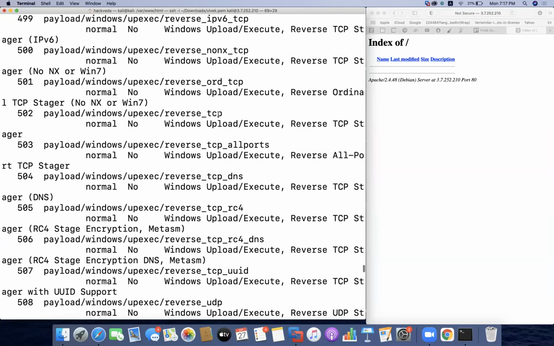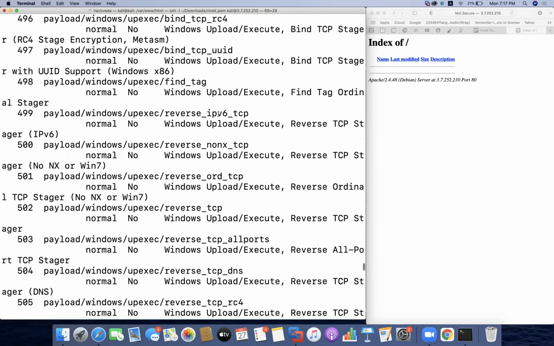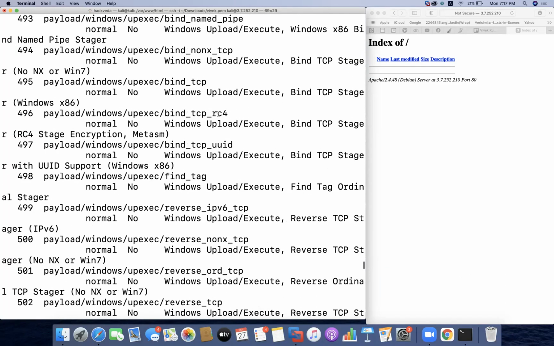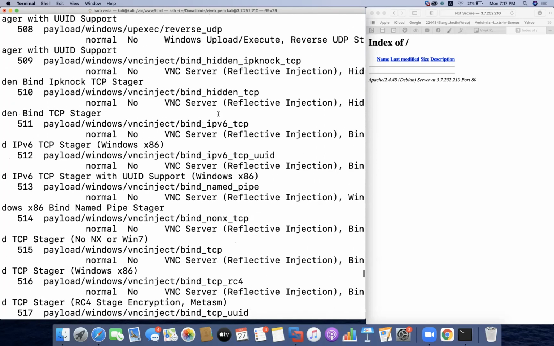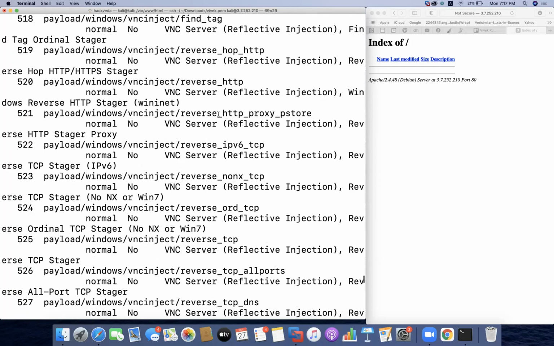Here there are so many for IP, TCP. So what I'll do, I'll try to use one.